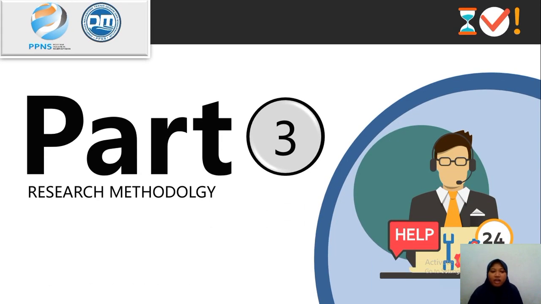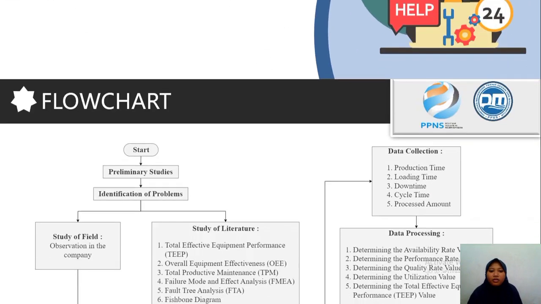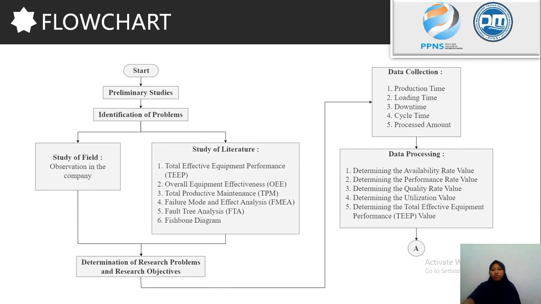Okay, now let's start with the third part, which is about research methodology, and this is the flow chart of this final project. First is start, and then the next step is preliminary studies, then identification of problems, and then study of field. Study of field is observation in the company, and then also study of literature,